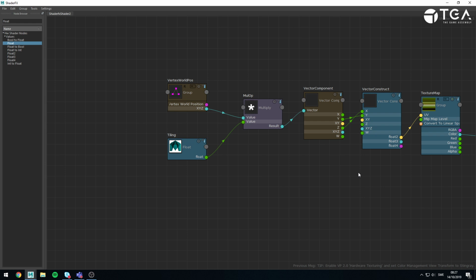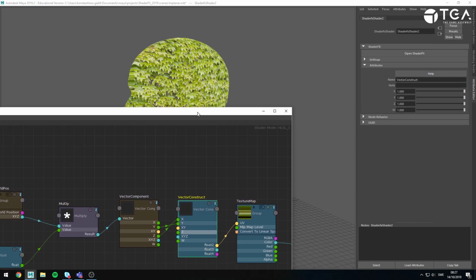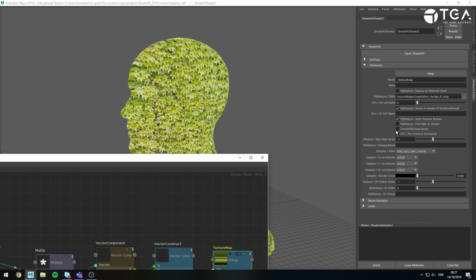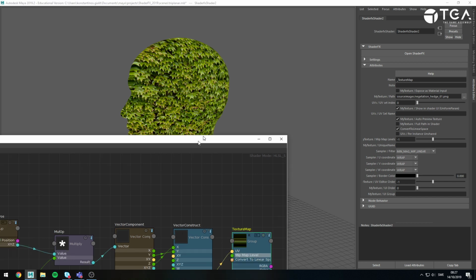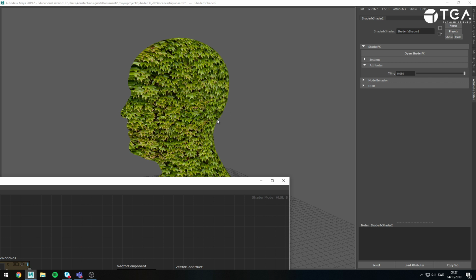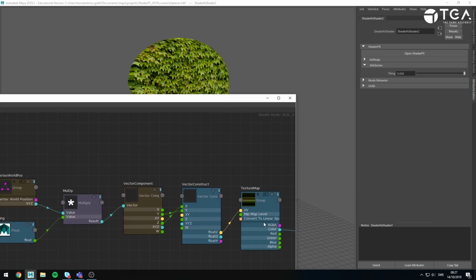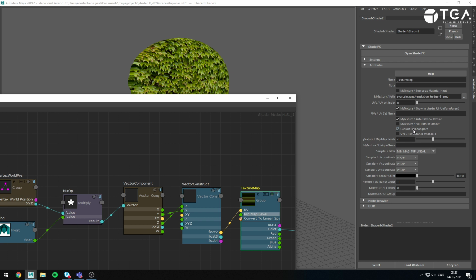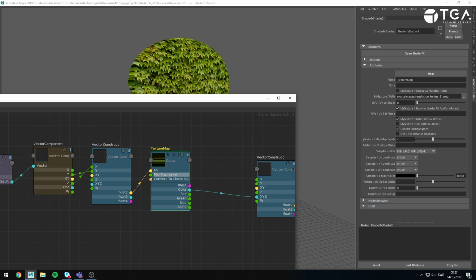Another thing I want to do is, since this is a color texture, on my texture map I want to click the convert to linear space. I need to do that to get the correct color representation, since this is a color texture. It's a different topic on its own, but the way I like to think of it is, if it's a texture which was either a photograph or hand painted by an artist because they chose those specific colors because it was aesthetically pleasing, in those cases you want to click this one, because you will be having a texture which is in gamma space, and before you do any kind of calculations with it, you need to first convert it